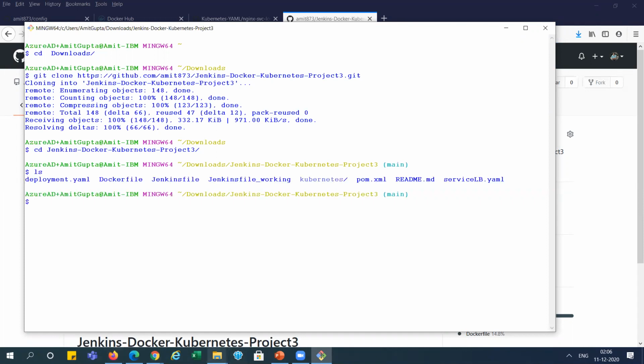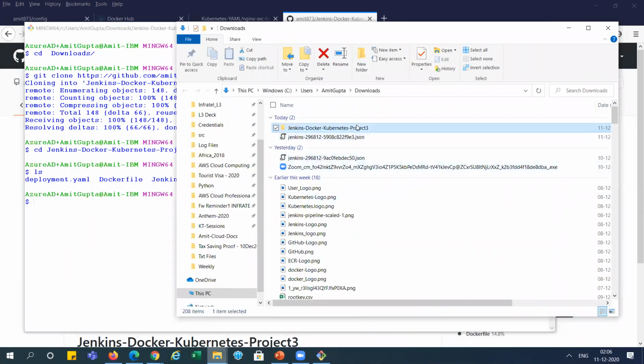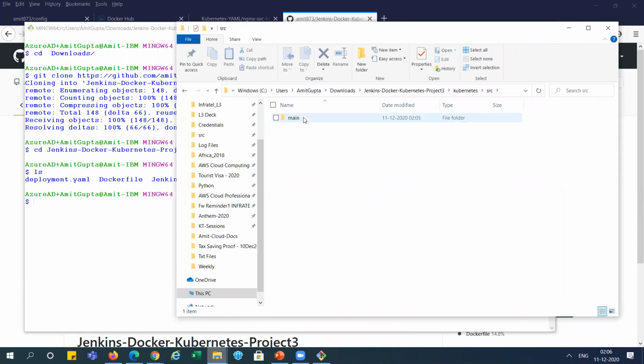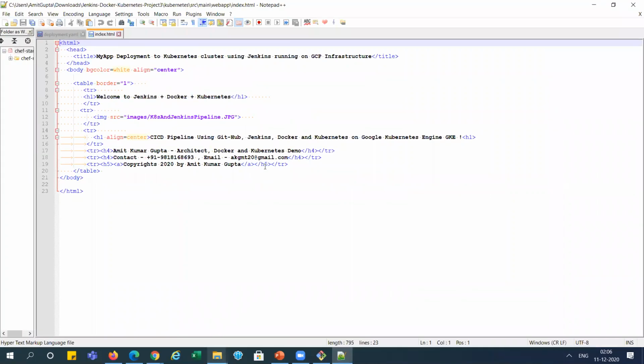Now I'm doing it from the backend side, right? You can see in the download we got this folder, and this is Kubernetes src main webapps index.xml. I'm opening it. So I'm adding today's date, 11th December, over here, and let's see whether it is reflecting or not.